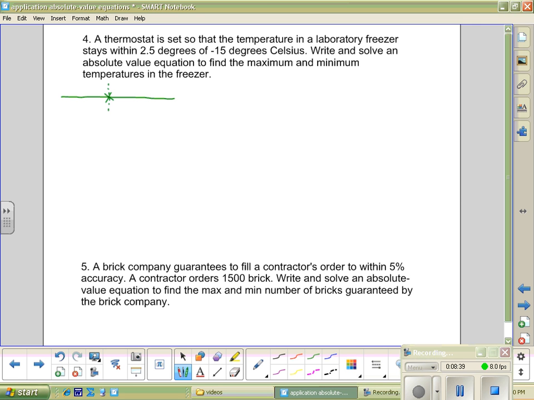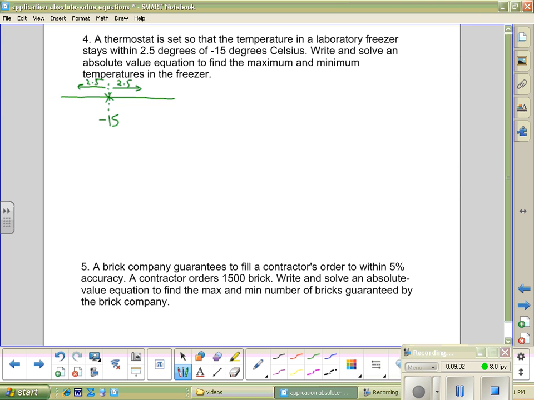Vaughn was talking about. My goal is negative 15. That's what I'm hoping to attain. In a perfect world, my freezer would stay at negative 15 degrees Celsius all the time. But there's going to be some variation. And the variation that's acceptable is 2.5 degrees either direction. So it can go 2.5 degrees to the right, or it can go 2.5 degrees less, which would be to